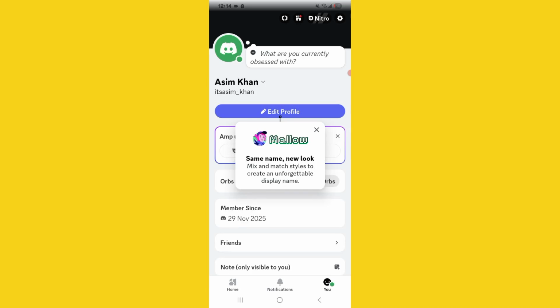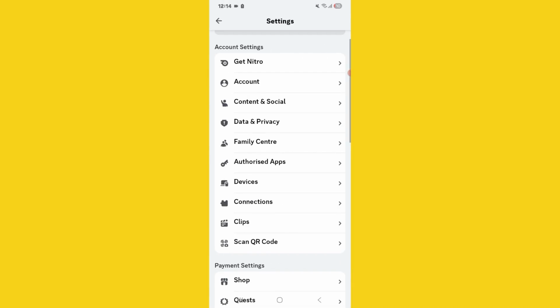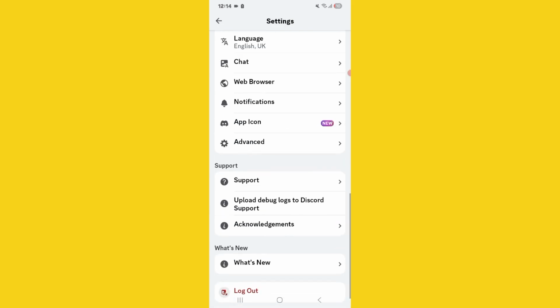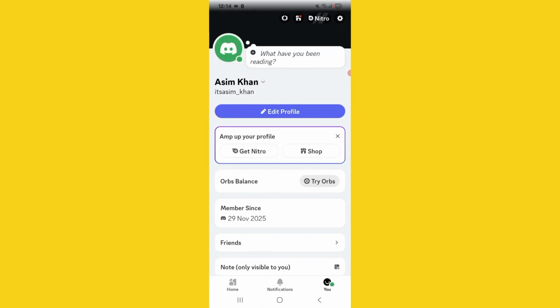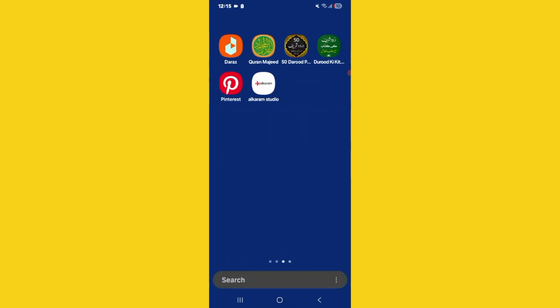In today's video, I want to show you how to clear the Discord cache using the Discord app. So if you want to clear the cache memory from your Discord app, the process is pretty simple. The first thing you have to do is simply open up your phone settings,